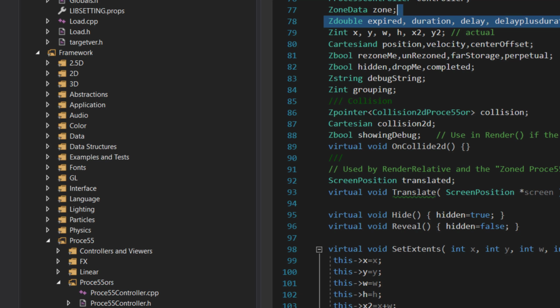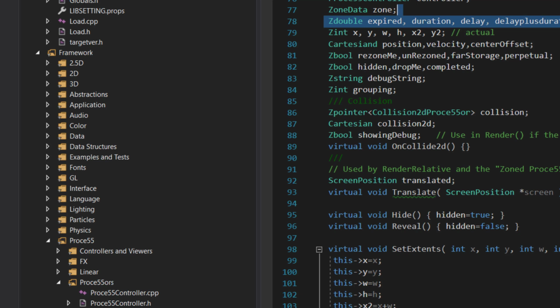Because now we're talking about something that is either perpetual, always on the screen, removed manually by some programmatic button press or whatever, or it's something that has its own lifespan, that when it hits the duration, it is deleted from the list or hidden so that it's no longer shown, or otherwise